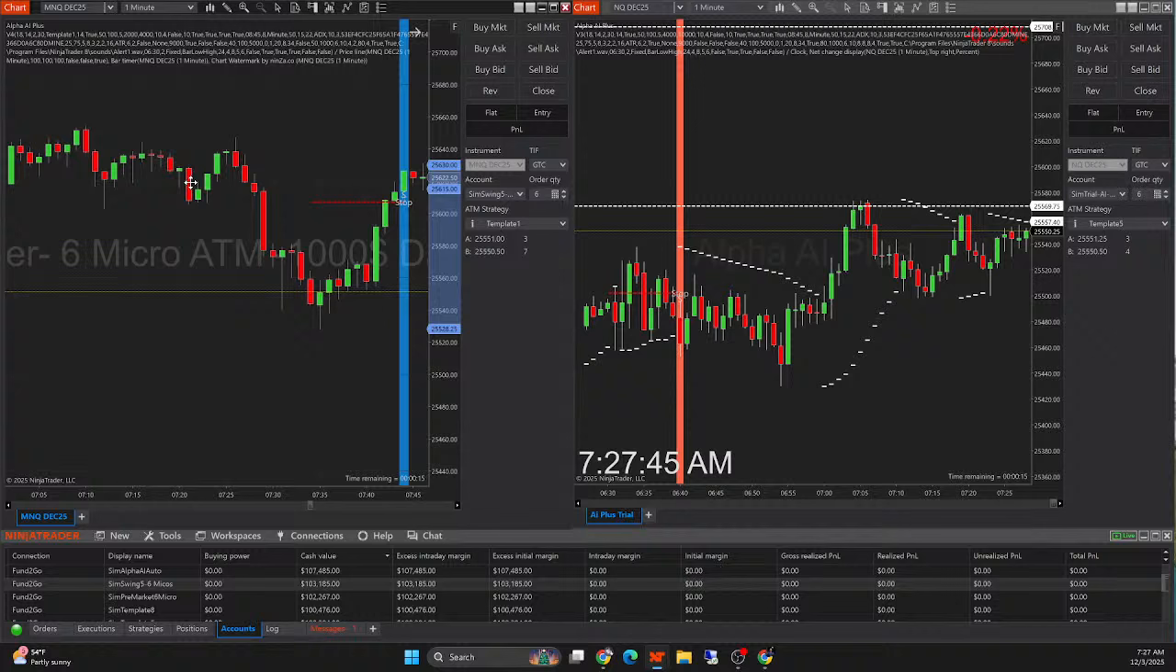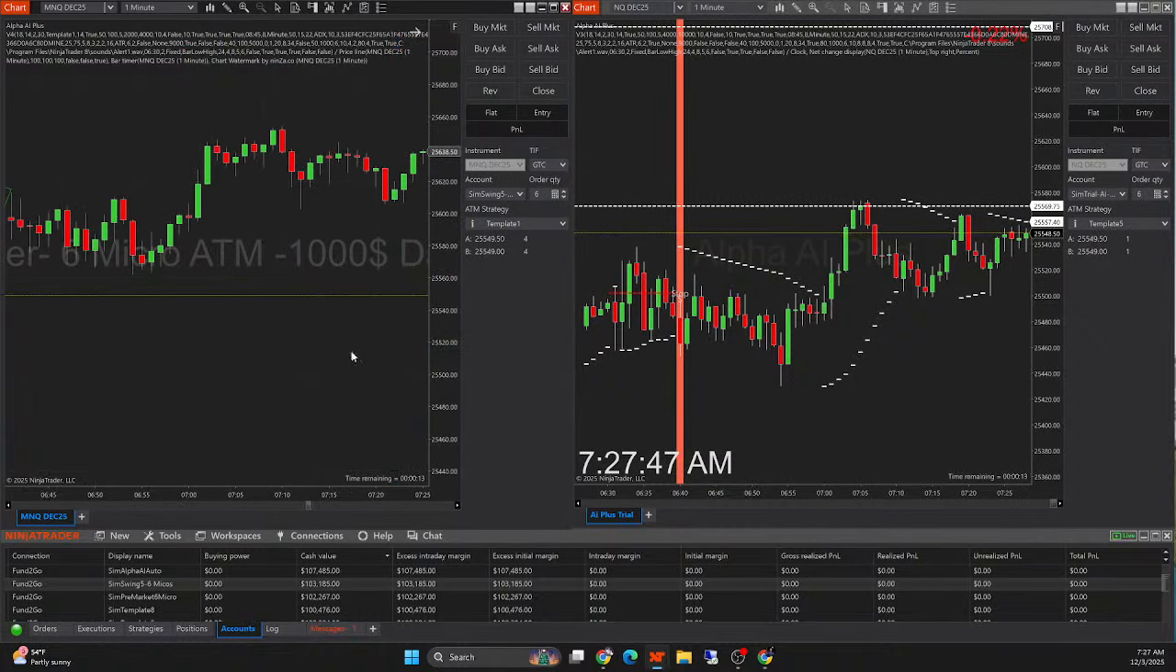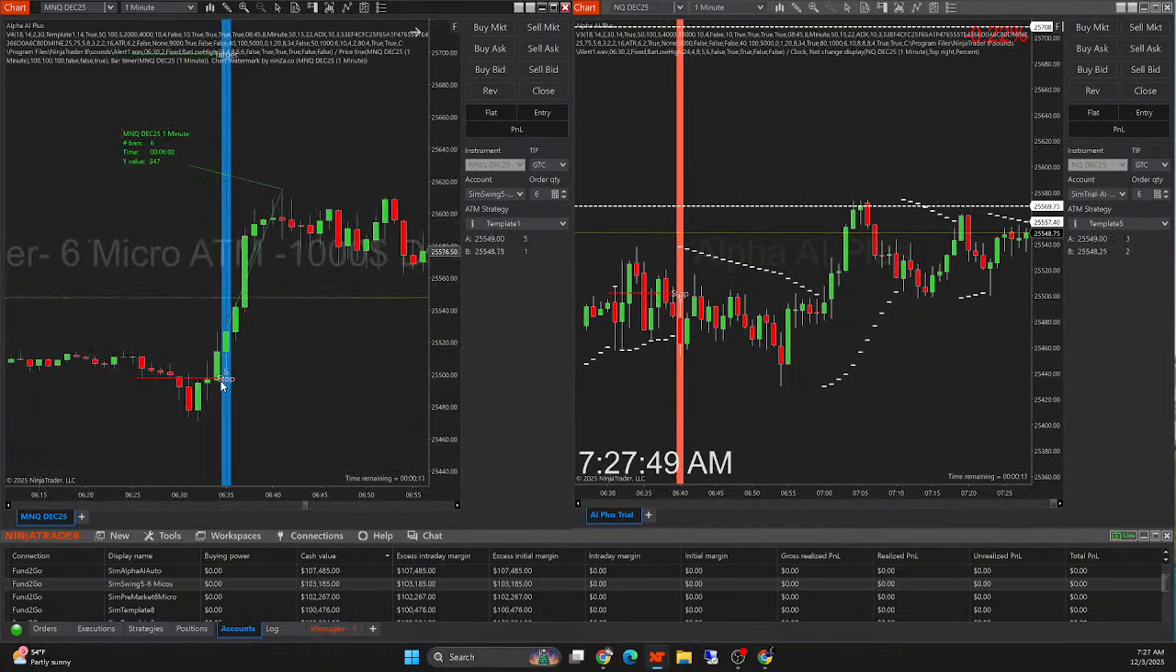So if I show you how this signal actually works, if I move this line, and I show you all these indicators behind the scenes that actually work. This chart